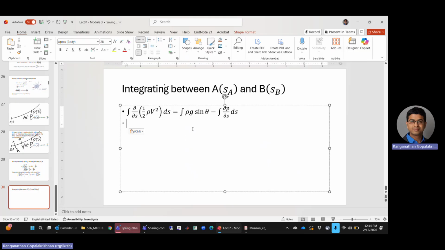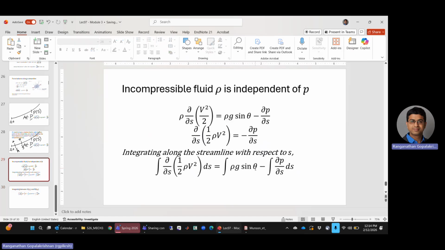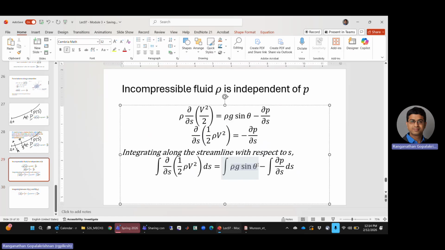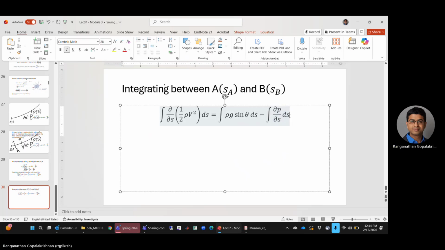So I'm going to write, if I integrate this between 2 specific points, how will this look? What will be the value of each of the terms? This is the derivative with respect to s times ds. So this is like writing, anyone? This is like writing